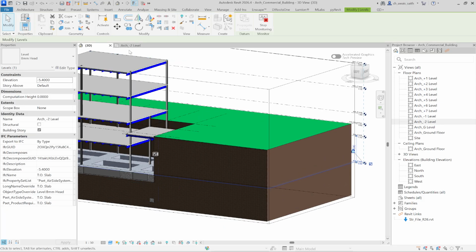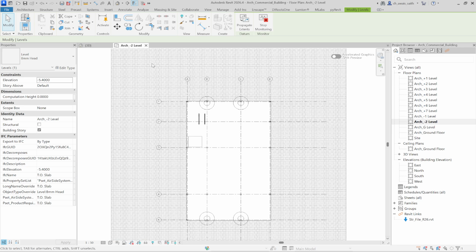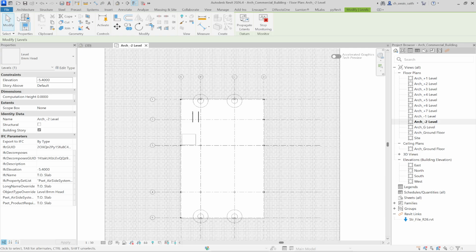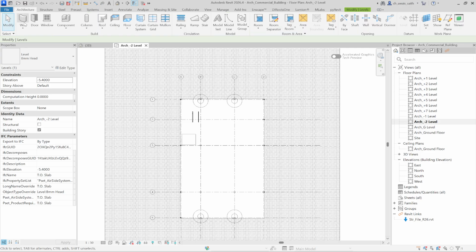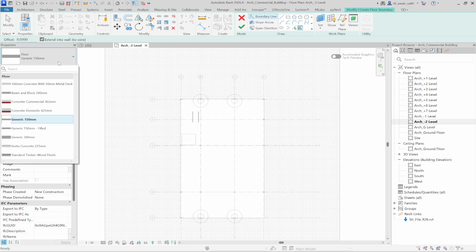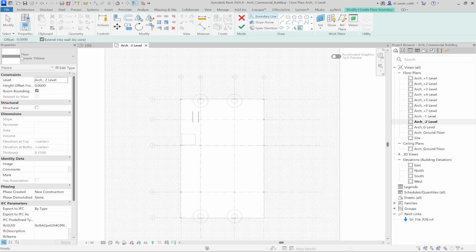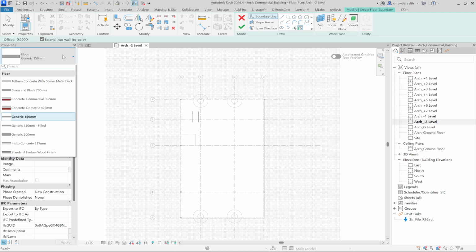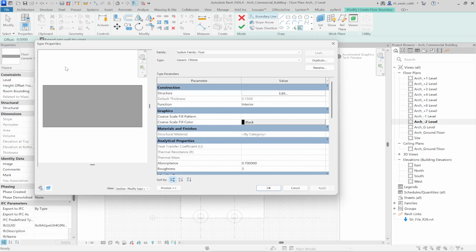So go to architectural minus 2 level, then the architectural ribbon, inside the floor. There we have many types of floors. So we select this floor generic 150 mm, then go to edit type,